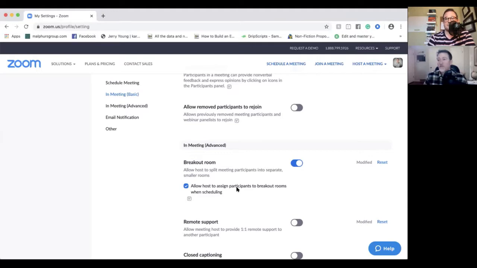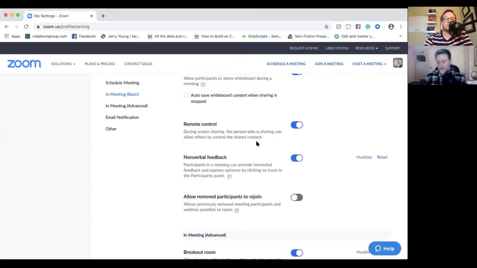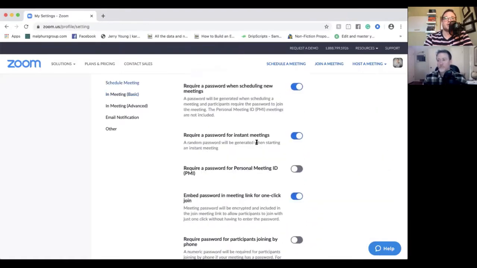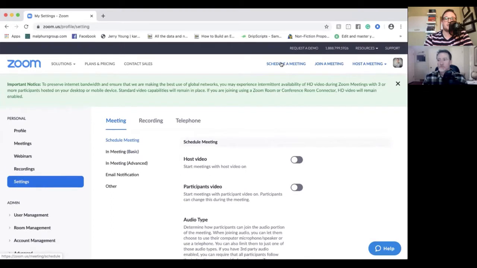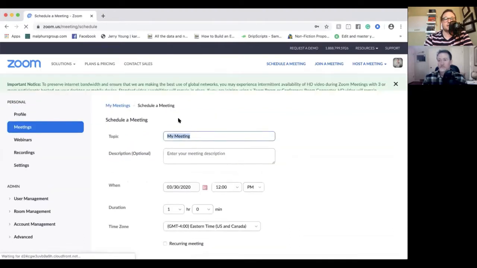Let's give a couple of example uses right now. Just a really quick overview of some example uses so that the people that are setting this up on their own would understand what would I be doing and why. Let's walk through just scheduling a meeting, okay? To give an example. So I'm going to click up here at the very top of the screen. There's an option to schedule a meeting. So I'm going to click schedule a meeting,